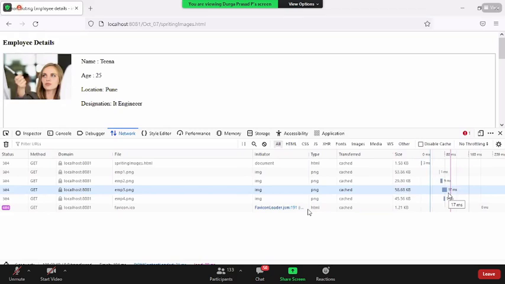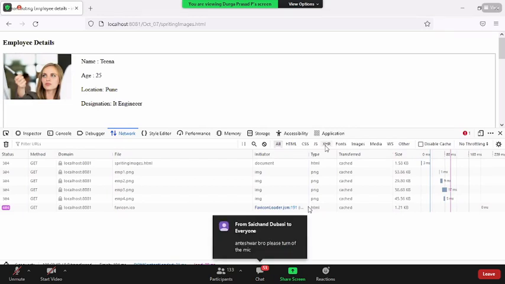That is how you take care of things. In future, there is something called XHR, which indicates the XML HTTP request. Whenever you do any type of AJAX calls, those are also part of the network tab. Any interaction you do with the server is logged inside the network tab. Am I clear?